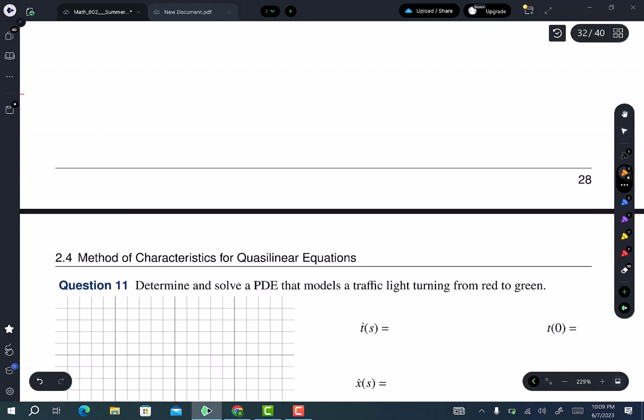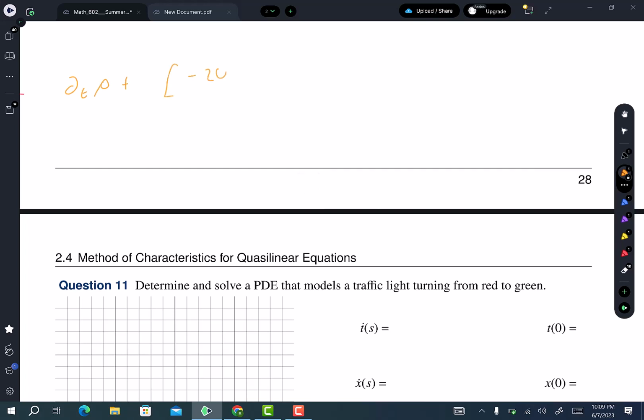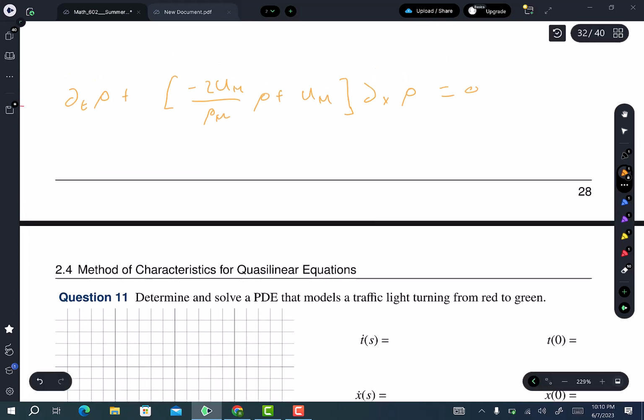Okay, so the PDE that we're dealing with is partial t rho plus minus 2 u_m over rho_m rho times partial x rho is equal to 0. Here u_m is the maximum velocity of the cars when the density is 0, and rho_m is the maximum density of the cars. So just to give us things that are kind of easy to work with,